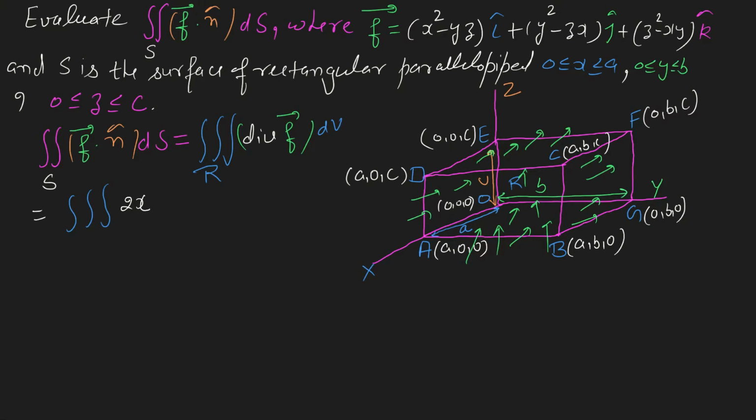Okay, and plus. Now with respect to y, it will be 2y, since this is a constant quantity. So this will be 2y, and here is plus, and with respect to z it will be 2z. This will be constant, so this will be 2z,